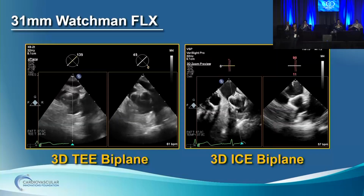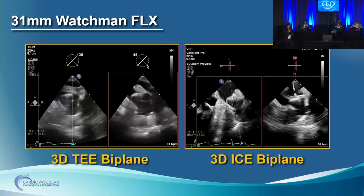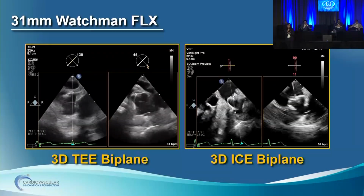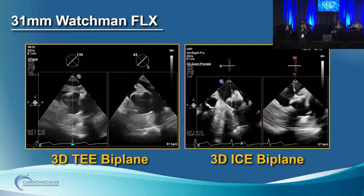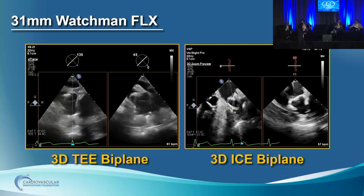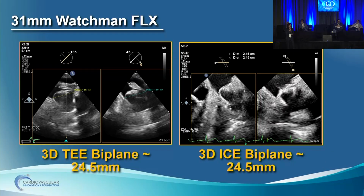With a 31 millimeter Watchman Flex, we had both TE and ICE, since we already opened up, just showing you the comparison of the TE and the 3D ICE biplane imaging. So certainly, it fits very well, 31 millimeters. It was just one single deployment, wasn't difficult at all, using both TE and ICE. Measurements as well, which I'll talk to you about ICE imaging in the next talk. Really measurements of the ostium borders as well. You can see that it's similar in terms of the measurements, both in 3D TE and ICE biplane, about 24.5